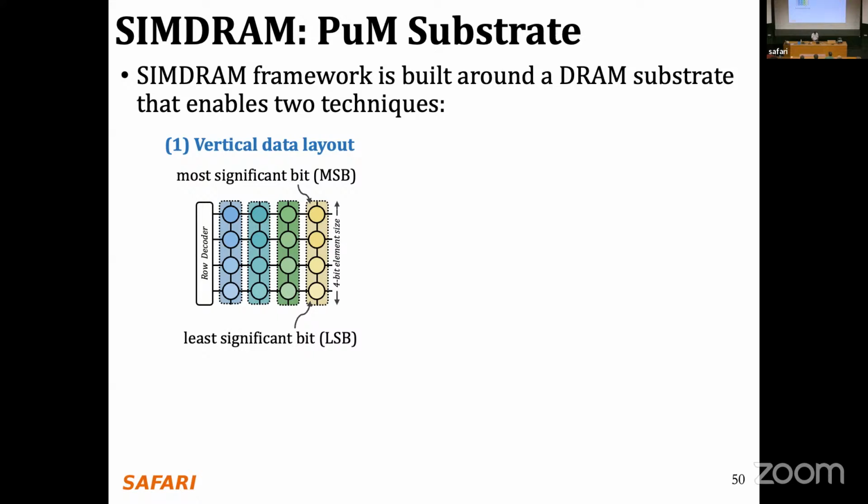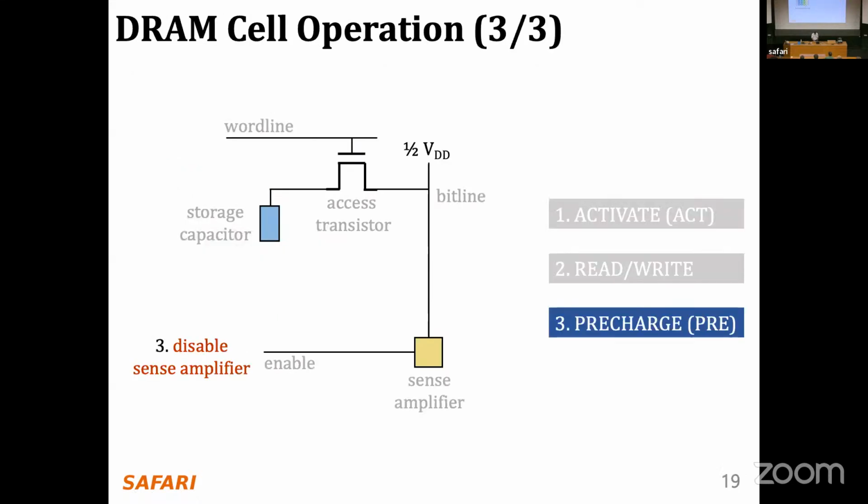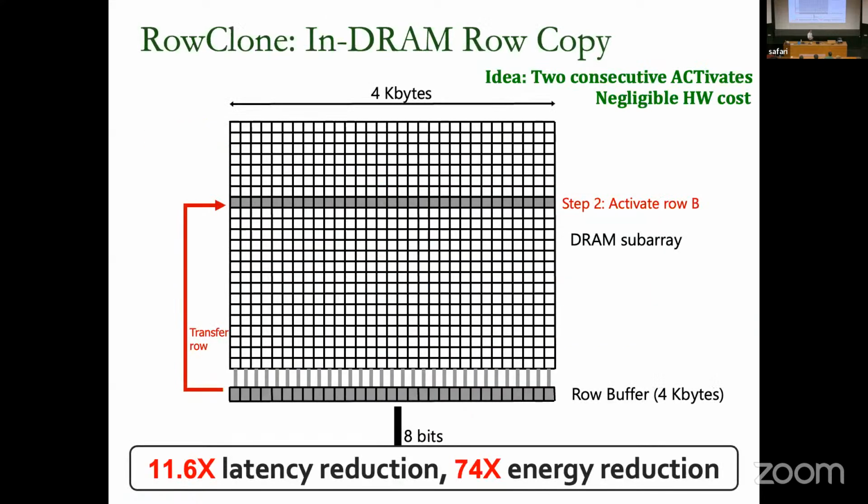If you go back to how the DRAM is organized, in a conventional system the data is usually stored horizontally. We have all of those columns, and if you have 16 bits of data, you place the 16 input bits in one row, and the other operand's 16 bits in another row, and then you do the computation. But when you have to propagate the carry generated from the first bits to the other ones, you don't have a way to do so, because there is no interconnection across the different DRAM columns inside a DRAM subarray itself.